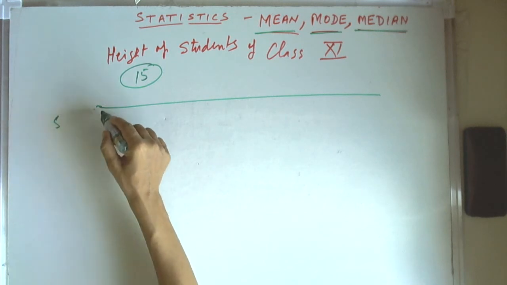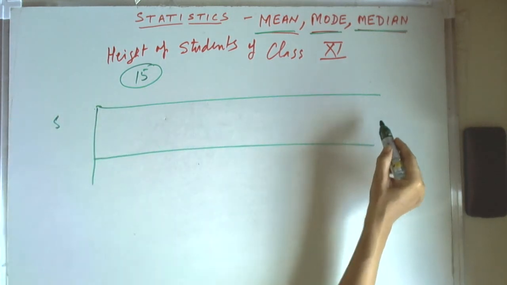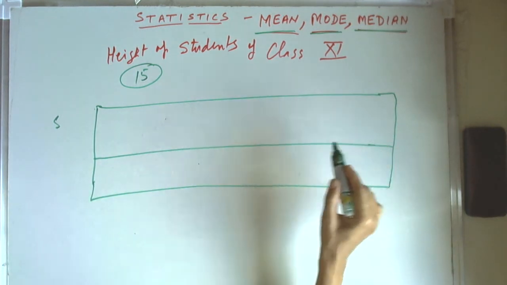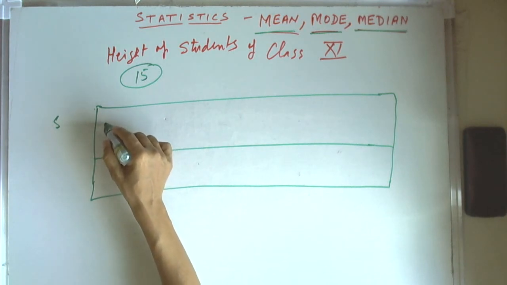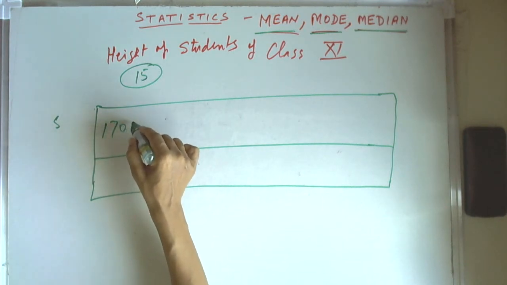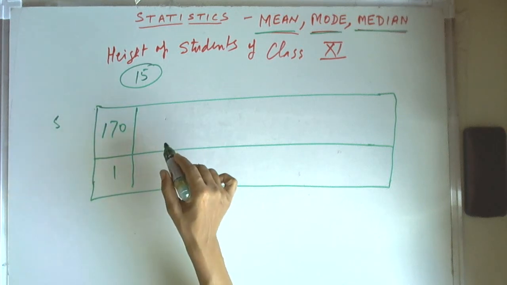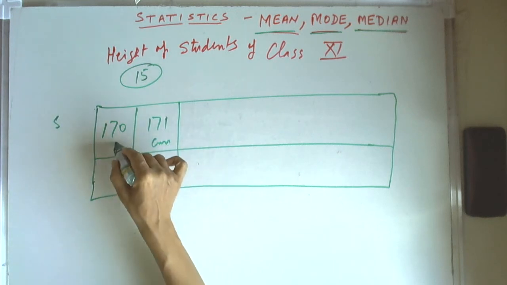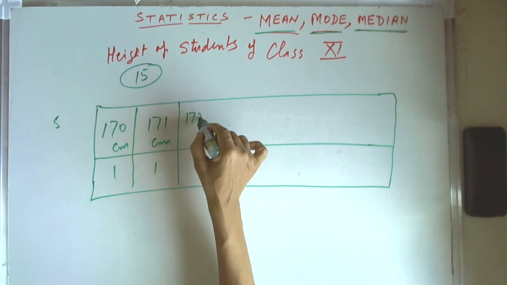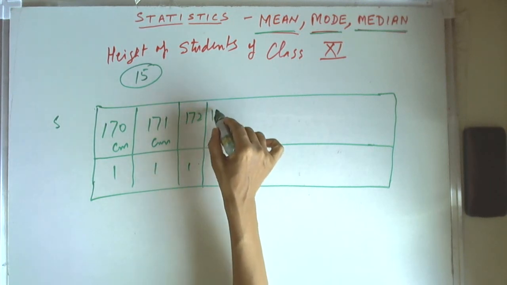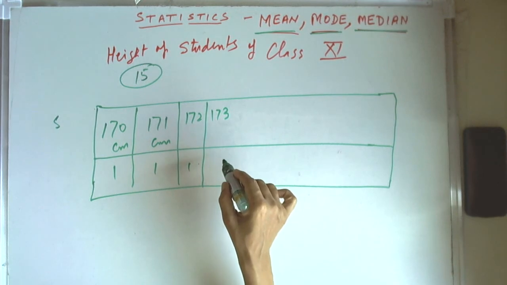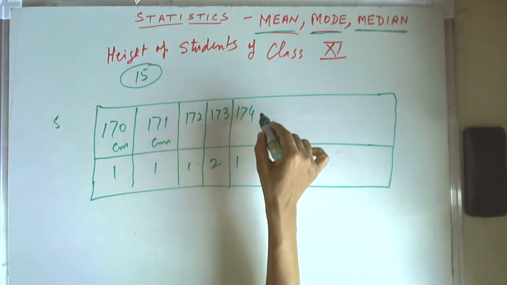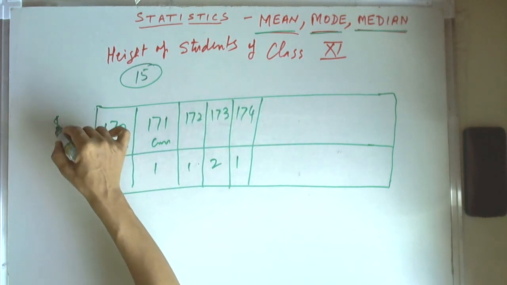Student number, and we put here like this, say 170 centimeter, there is only one student. 171 centimeter, suppose there is one more. 172, also one. 173, there are two students. 174, 1. This is height,